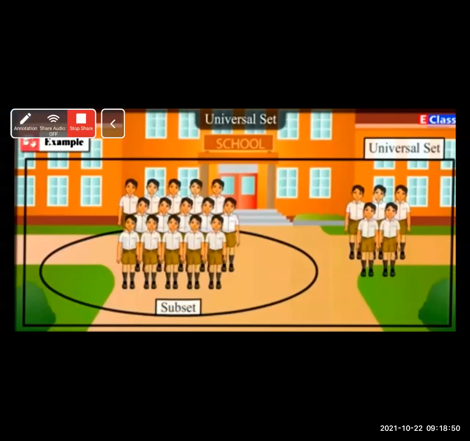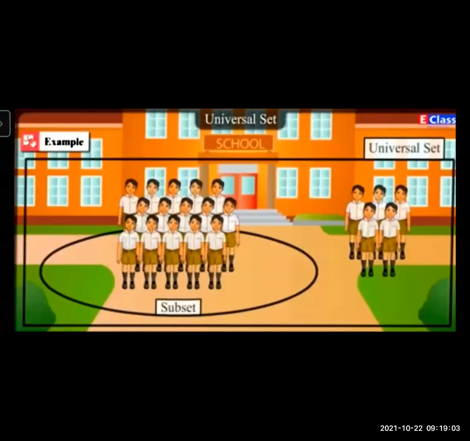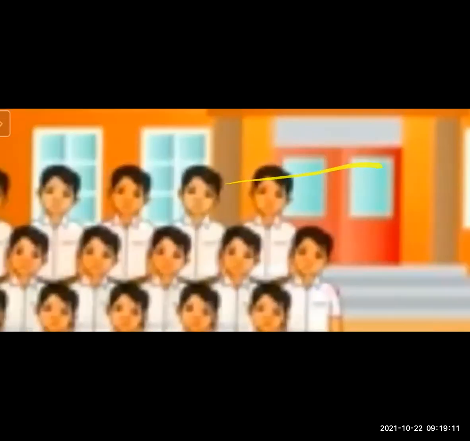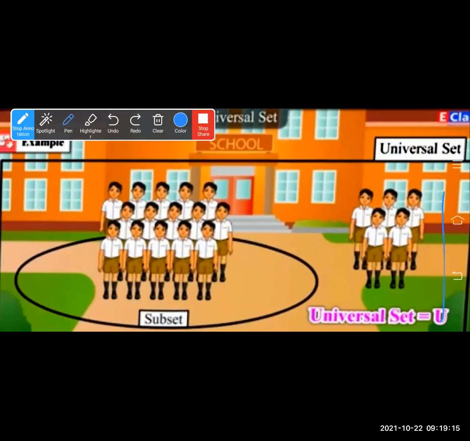Okay, we will take one more example. A cricket team of 15 is to be selected from a school. 15 students to be selected. Here all the students who play cricket are the universal set.